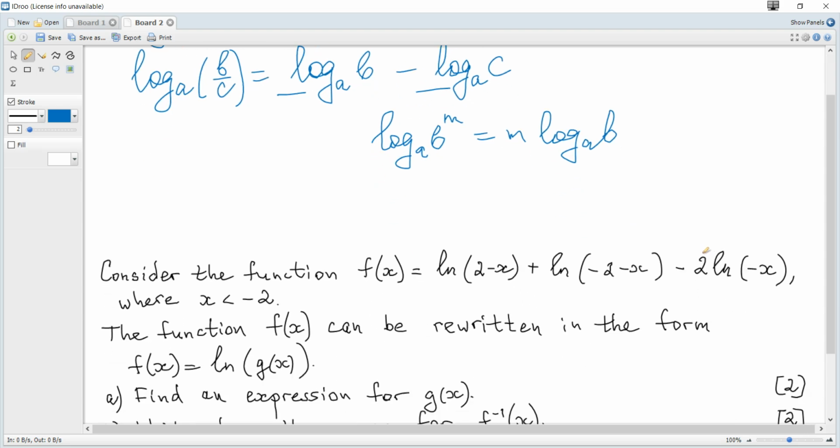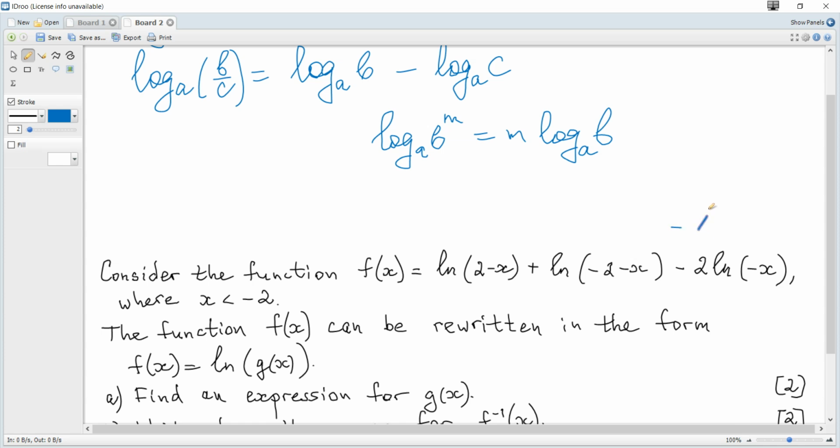So we need to get rid of this 2 in front of this log. So we use this formula that log to the base a of b to the power of m is equal to m times log to the base a of b. So it can be rewritten as